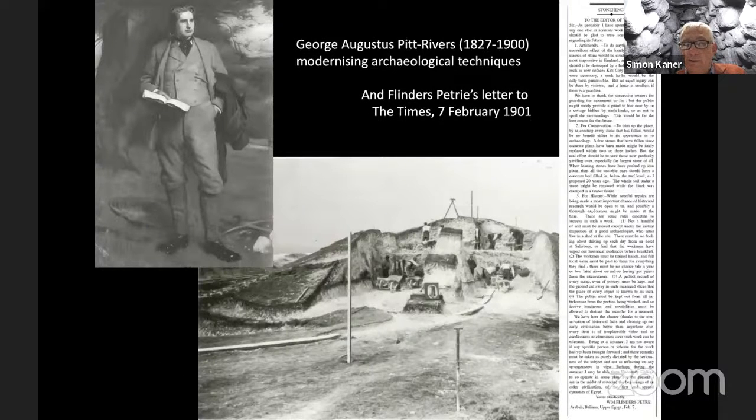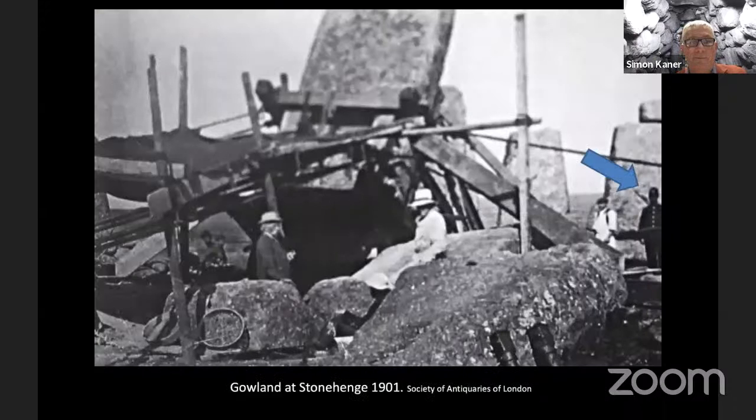There's a lot of discussion about this, which involves, well, previous discussion about the state of Stonehenge involved Pitt Rivers. The discussion in the 1900s involved Flinders Petrie, who of course was going to go on to become the mentor for Hamada Kosaku back in Japan. Flinders Petrie writes to the Times about this and sets out very clear instructions for what should be going on, but unfortunately he's in Egypt. He's in Upper Egypt at the time, so he can't be involved.